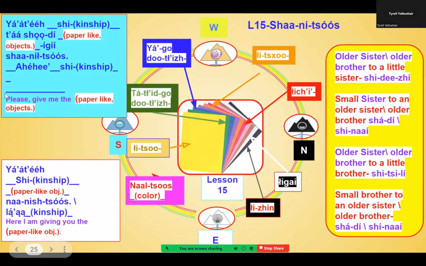Shaaníłtsoos. Shishina. Nishsosh na Sosh. Tlichinigi na Nishsosh. I should select. And then you say no. La Shina. I'm done yet. Cool.